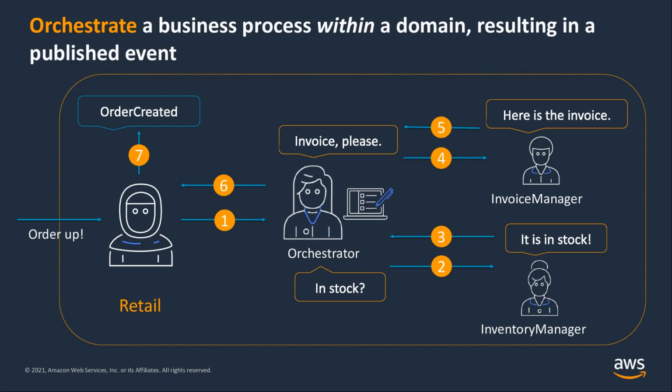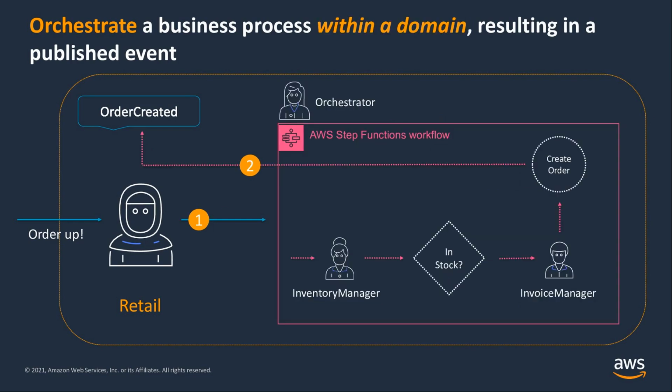All right, so let's take a closer look at how a bounded context could generate an event. So let's say, for example, the retail bounded context receives an order. The retail bounded context can perform its series of steps, like generating an invoice, checking against stock, and so on, and then publish an order created event. This event is then of particular interest for several other bounded contexts. And we can use AWS Step Functions to manage sequencing, error handling, retry logic, and state for the business process. And this process is called orchestration.